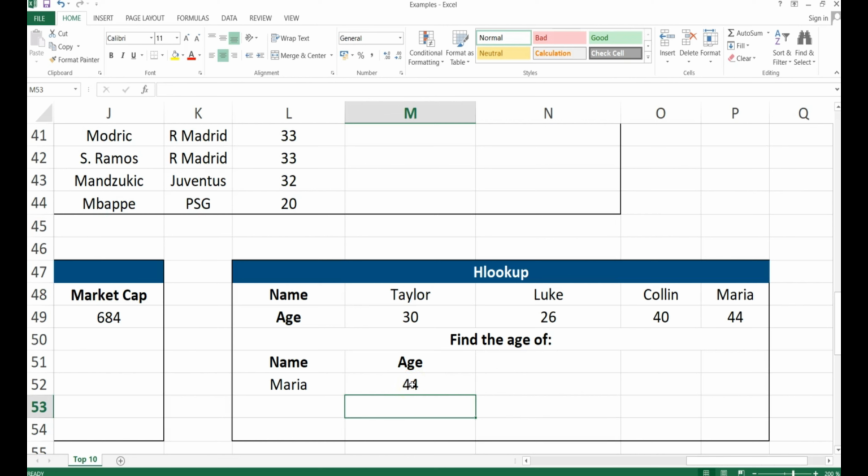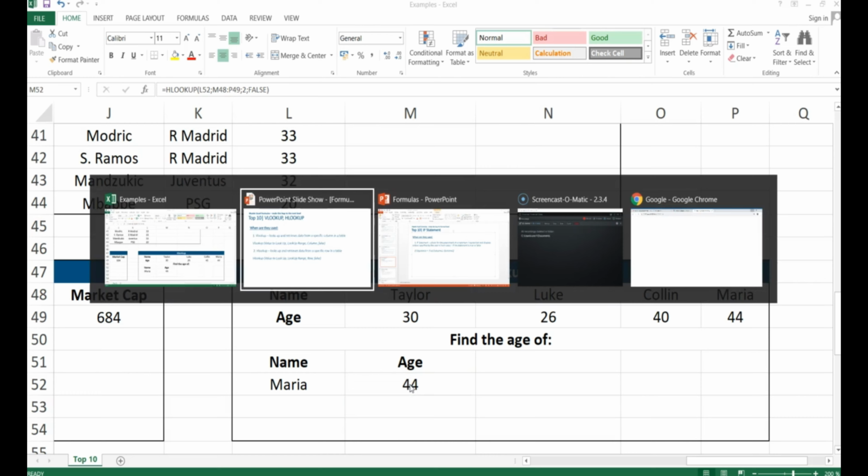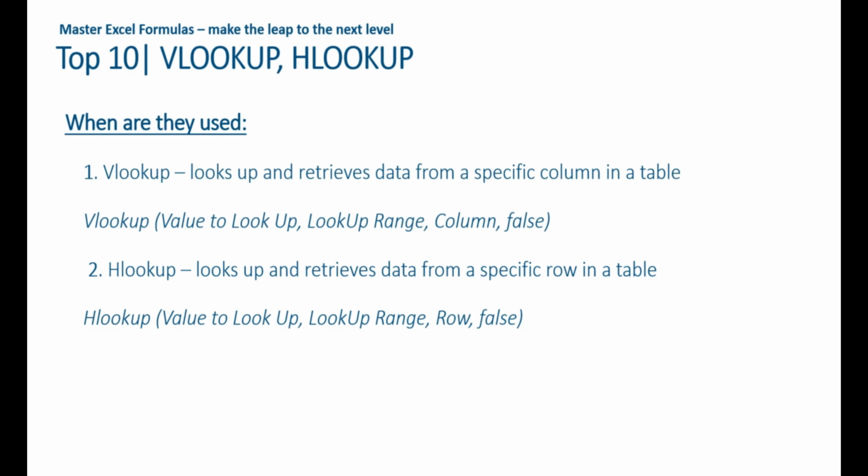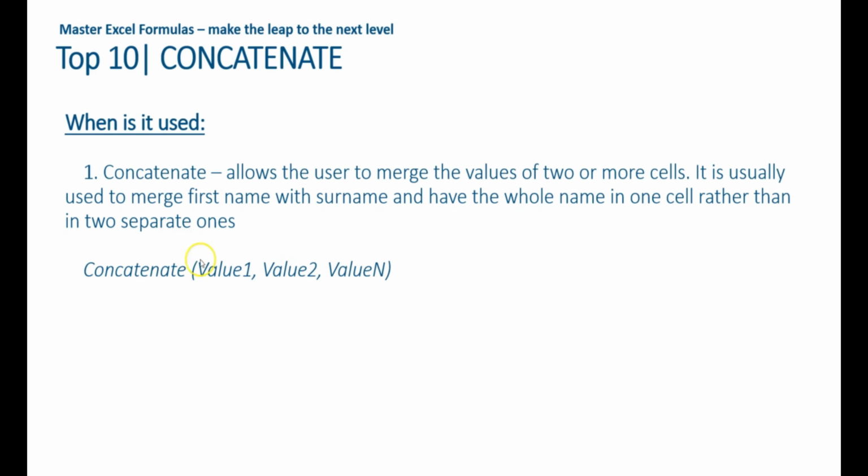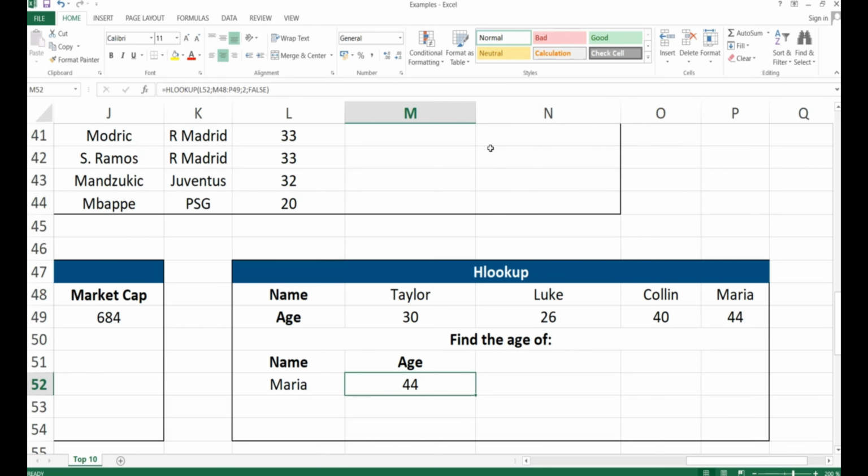Okay, now going back to the presentation, after this group of formulas we have concatenate, and this is another very frequently used formula. What it does is it basically allows the user to merge the values of two cells in one cell, or more than two cells, as you can see from the structure of the formula here. Okay, so if I go to the example sheet again and find the example for concatenate